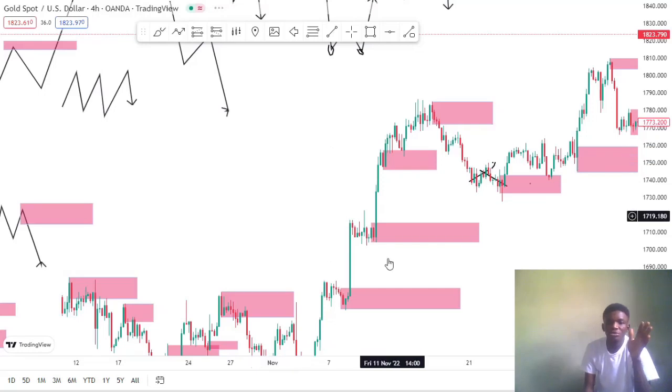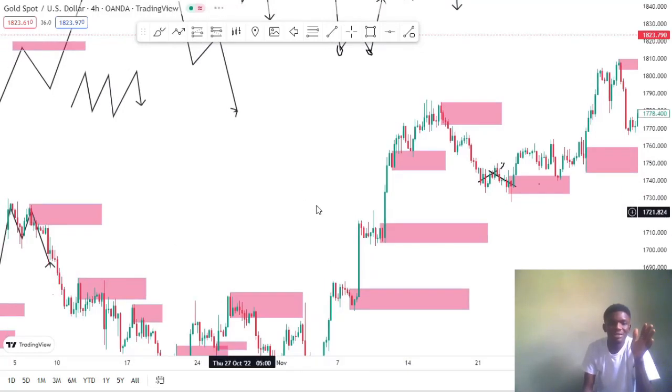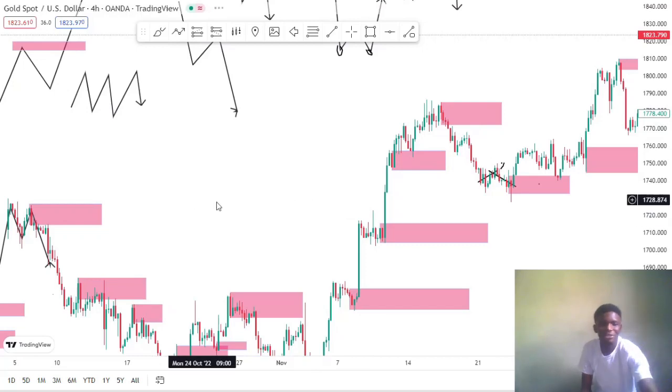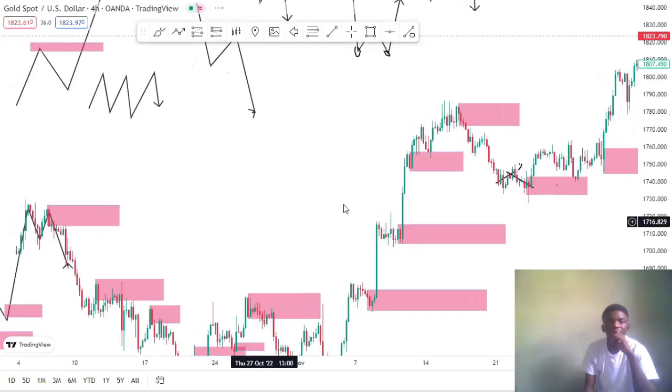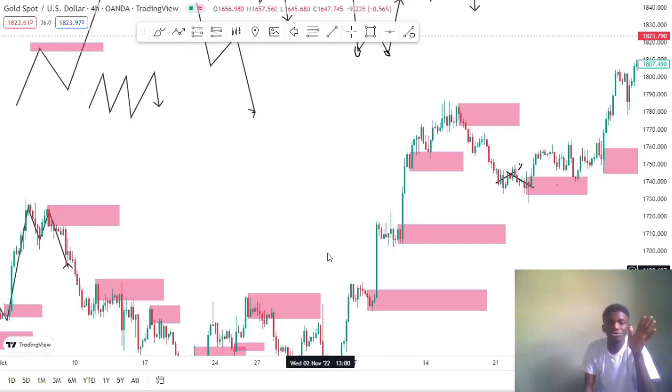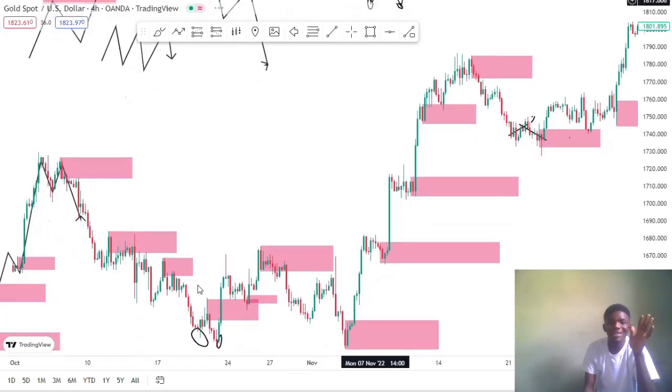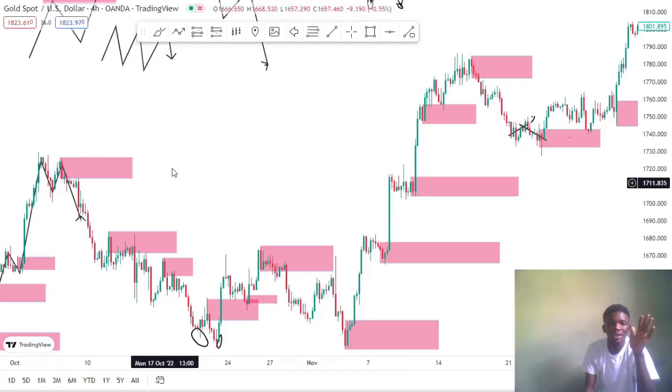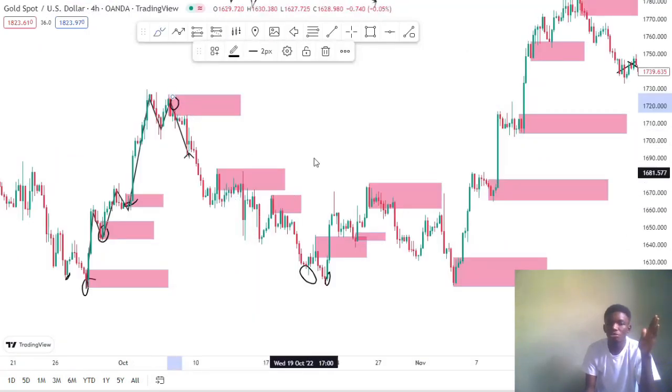I'm going to guide you into all these lower time entries, how to find the best entry with the tightest stop loss. Okay, stick around. So this is what I want you to do now. Go to your chart, start identifying all these zones here, map these structures, because until you understand this concept,